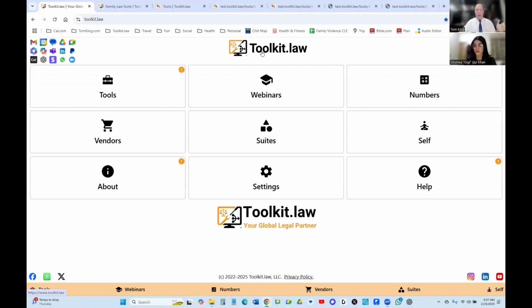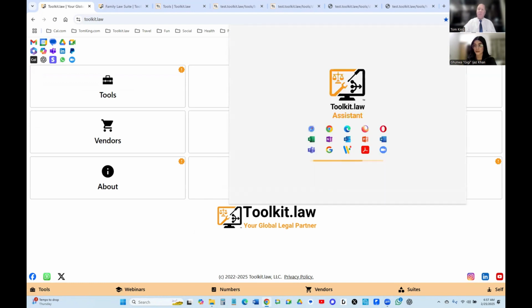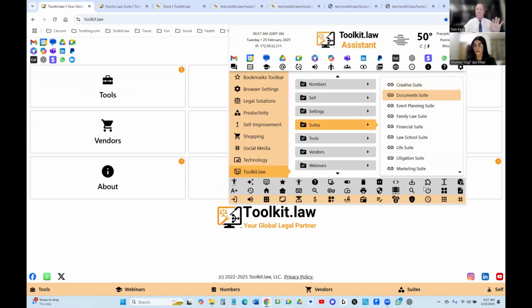Let's go ahead and start sharing my screen. And so we start out here at the homepage of Toolkit.law. Remember, Toolkit.law is optimized for smartphone, tablet, and for desktop usage. And also don't forget to download the Toolkit.law Assistant extension for any of the mobile devices, for Microsoft 365,